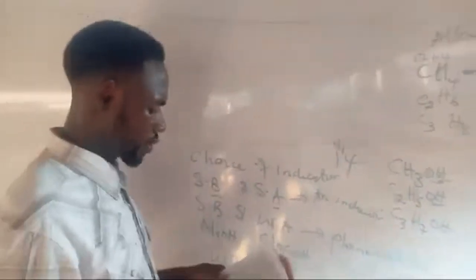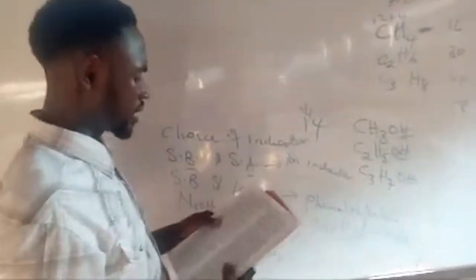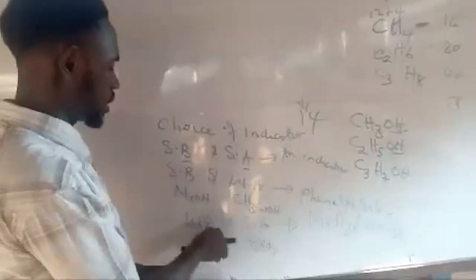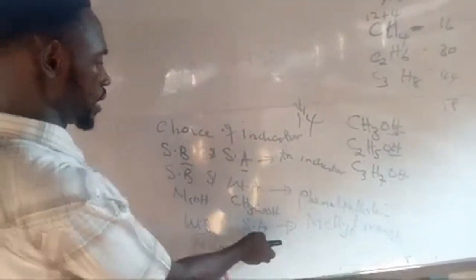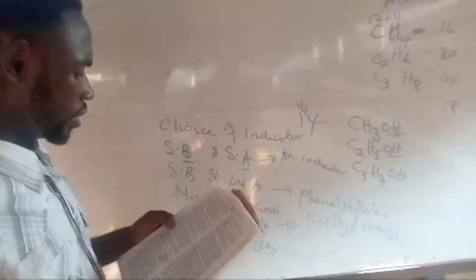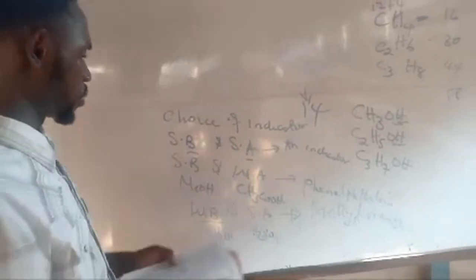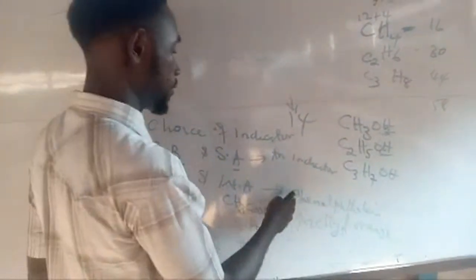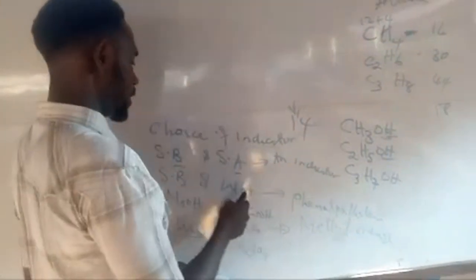So if you are titrating dilute hydrochloric acid against sodium hydroxide, that is strong base, strong acid, you can use any indicator. Then the other one says dilute hydrochloric acid against ammonium hydroxide solution. Just like this, but you replace it with HCl here. You use methyl orange. Then if the titration is ethanoic acid against sodium hydroxide, you use phenolphthalein. Whenever the acid is weak and base is strong, phenolphthalein is suitable.